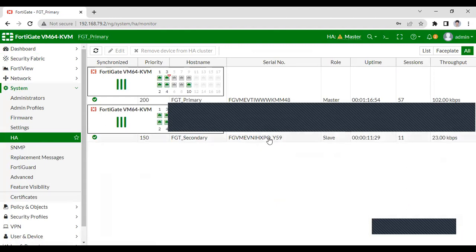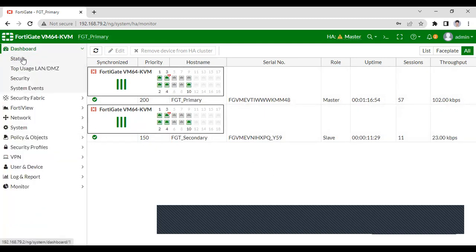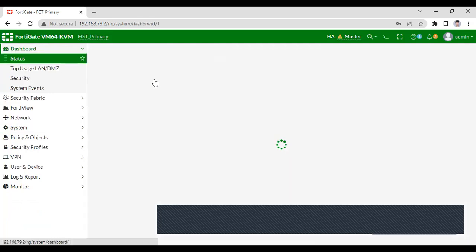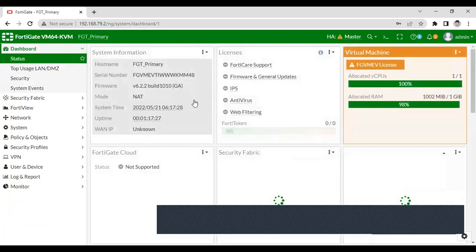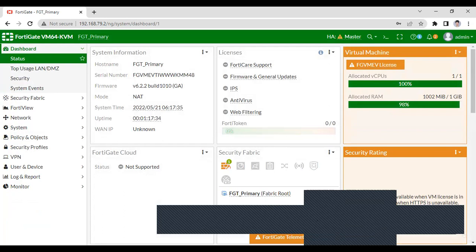So as you can see, the configuration has been synced, and it is showing that this firewall, I mean the primary firewall, where I have configured priority 20, has become the primary firewall, and the one with less priority will become the secondary firewall. So let's verify that if the primary firewall goes down, nothing will happen for the LAN user, right?